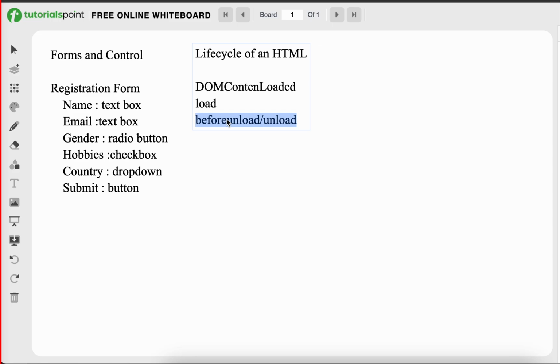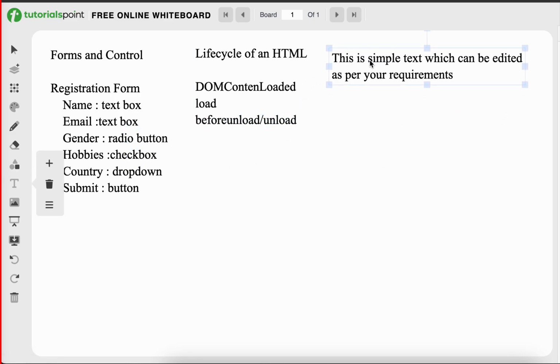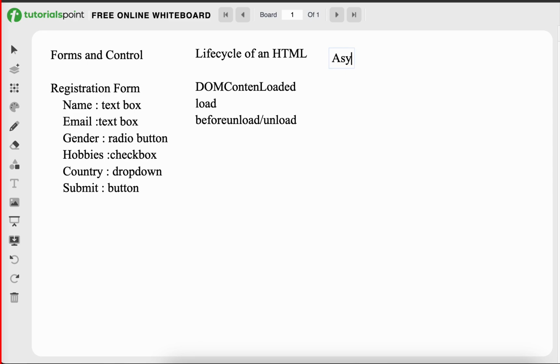Okay, so this is the thing. The next thing we need to know regarding async and await. Not async and await, it's async and defer in JavaScript. Async and defer. The thing is,